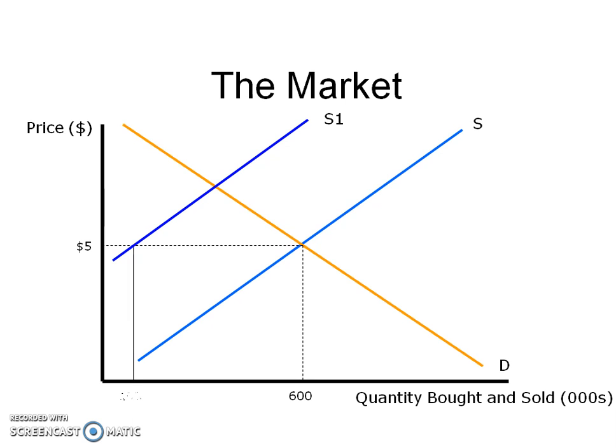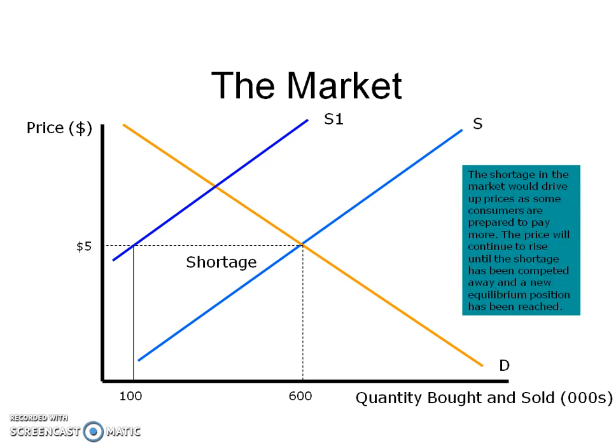Now, at a price of $5, only 100 of these items are being sold, whereas 600 people are still looking to buy the item for $5. The result here is a shortage. So this square represents the shortage. There will be upward pressure on price,